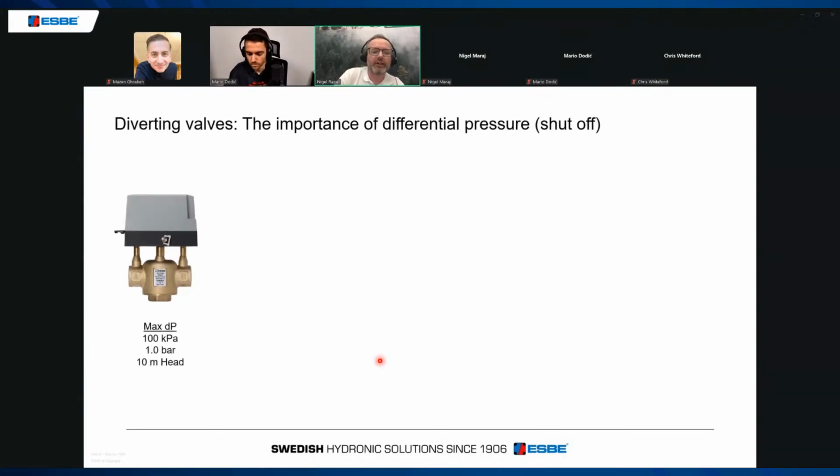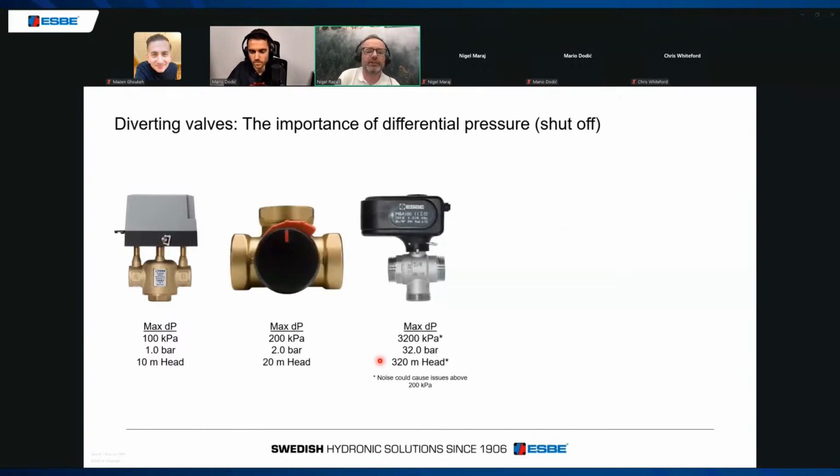The other characteristic people often overlook on diverting valves is the actual differential pressure. I'll come on to what that means, but it's called differential pressure or shut off, and you'll see again we've got 3 different styles of diverting valve, and they've got very different differential pressure allowance, what it will work up to. So the maximum differential pressure on this valve is 100 kilopascals, 200 kilopascals, and then over 3,000,